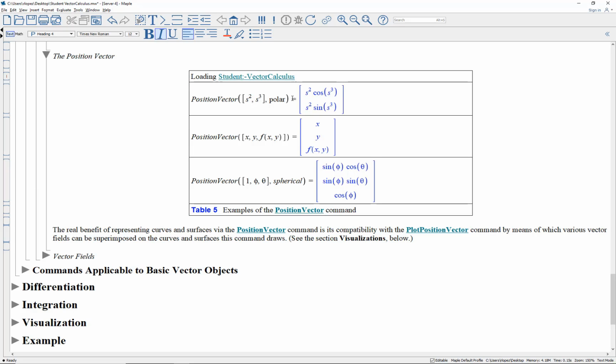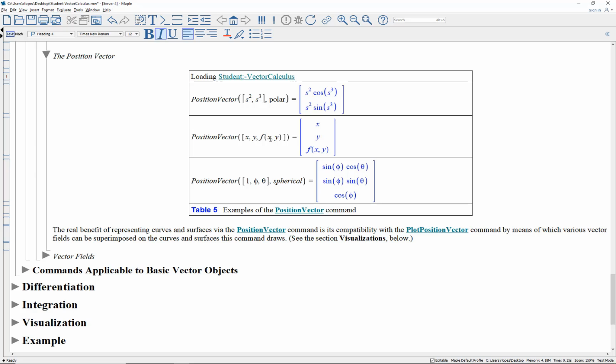But the representation of the position vector is always Cartesian, so this is taken as r. So here you have your s squared is taken as r cos theta, because this cubed is taken as theta in three variables: